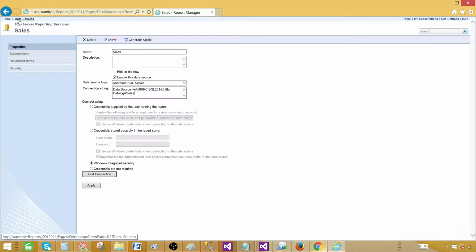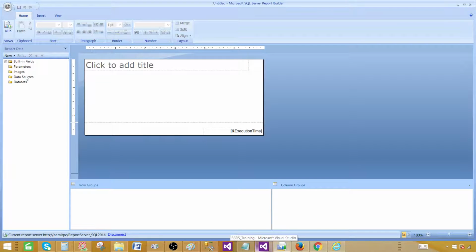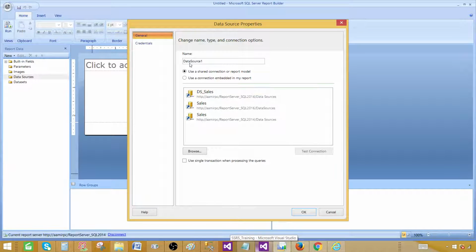Now we are talking too much. Let's go ahead and create the report. So first of all, we will be clicking here on the data sources, right click, add data source, and further